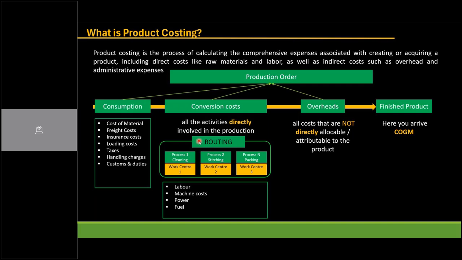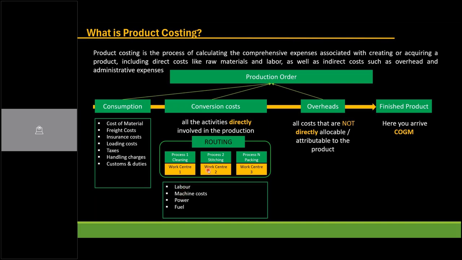In each work center, as I told you, for example, sugarcane is there, you will bring it, you will wash it, then you will decolorize it, then you will crystallize it, then you will pack it. Four different processes are there. When we are doing washing, I will just use labor, I may not use any machine, or I may use a machine also. Labor, machine, and to operate the machine I will need electricity. So those are the activities being performed.